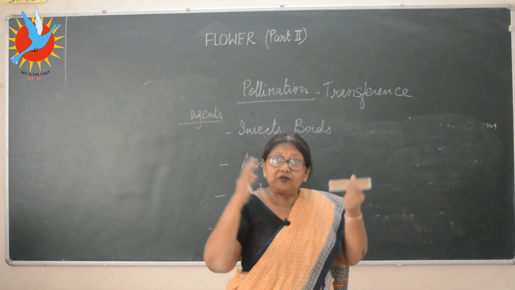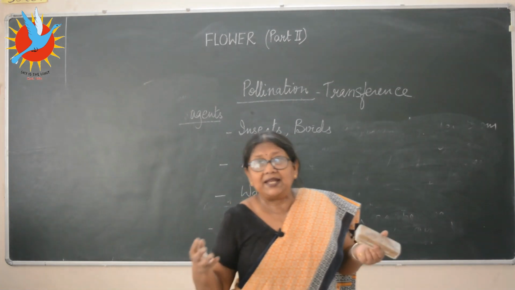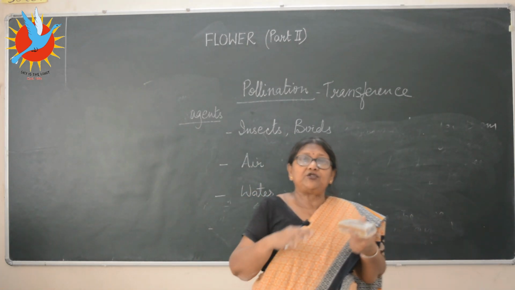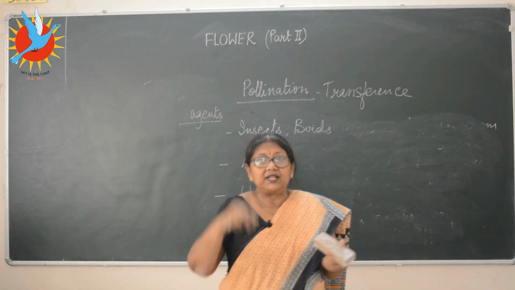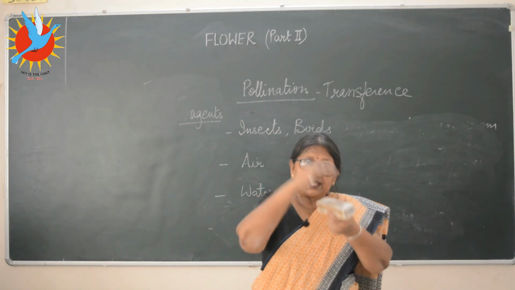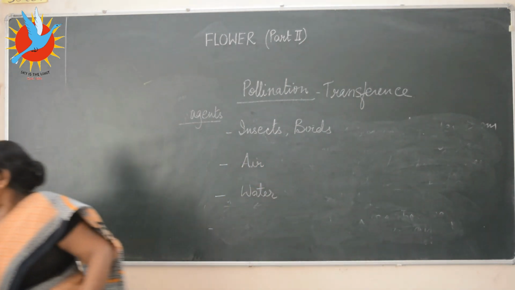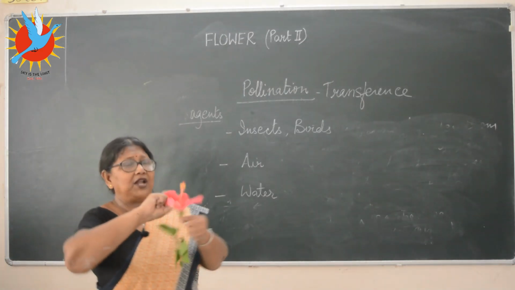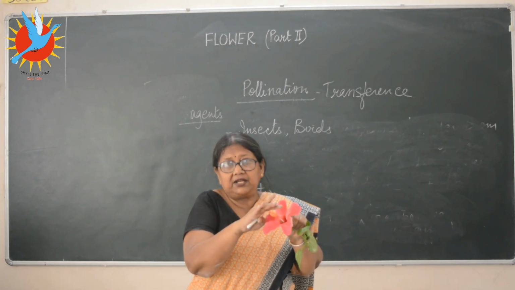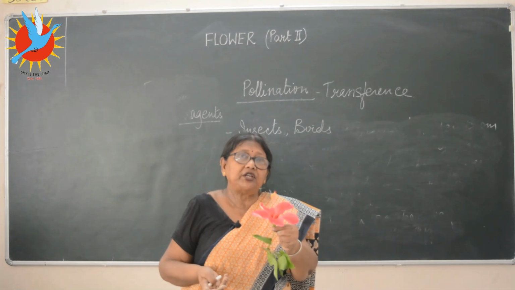Obviously, the petals have to be very brightly colored. They have to attract the insects for pollination. Brightly colored, producing nectar, producing a sweet smell so that insects will be attracted. Birds will come and put their beak inside to drink the nectar. So when an insect sits on a flower, what happens? Suppose a butterfly is sitting on this flower. All the pollen grains on the anther get brushed onto the lower part of the body of the insect.